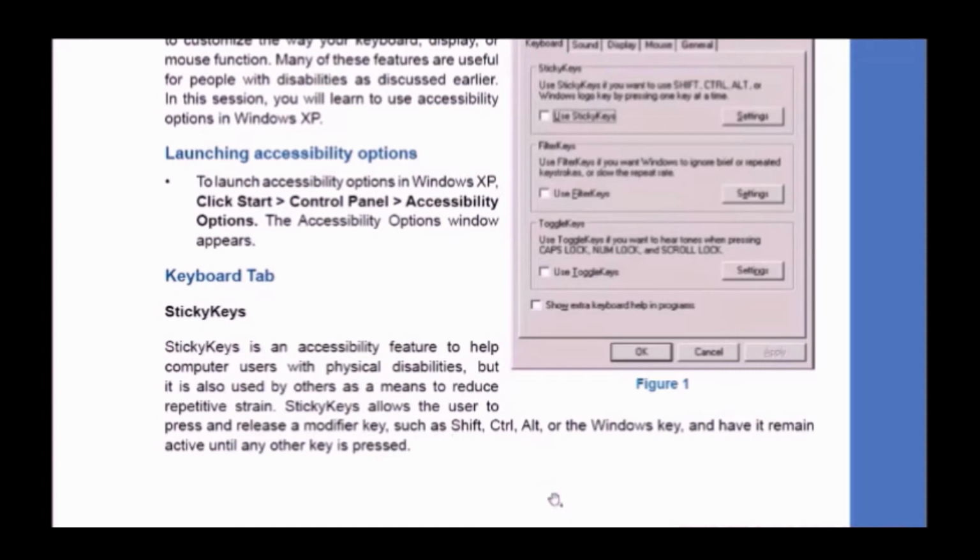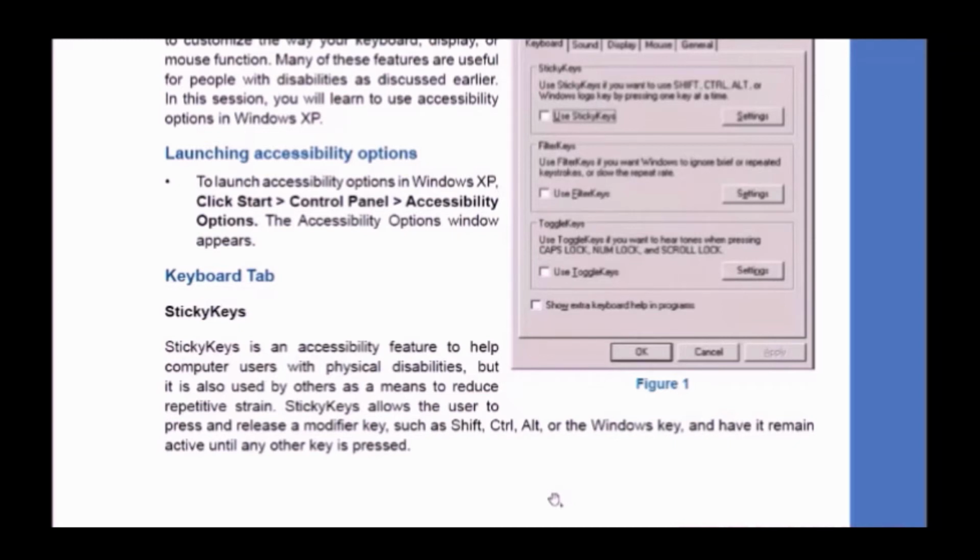Basically, the use of sticky keys is this: when you press control and keep pressing control, and then you press A, control A selects the whole text. Now suppose a person with a physical disability has a problem pressing that button for a long time.